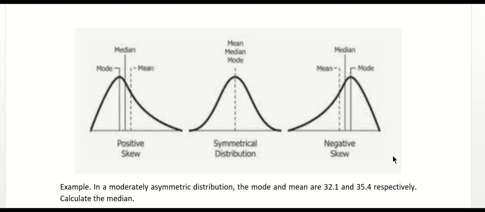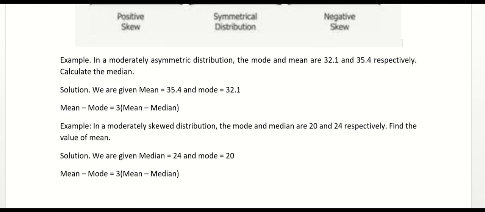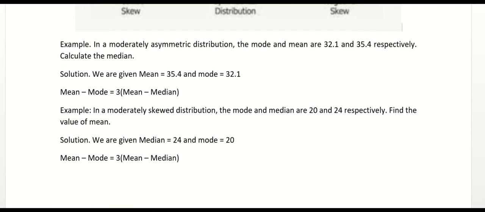So now you should be very clear what is symmetric and what is asymmetric. Whenever you plot the data on the graph, if you find this bell shape, it becomes symmetric data. But if you do not find a symmetric bell shaped curve, or it is left skewed or right skewed, or we can say positively skewed or negatively skewed, we call it asymmetric data, right? So the formula which we are going to apply now is applicable only in case of asymmetric distribution, right?